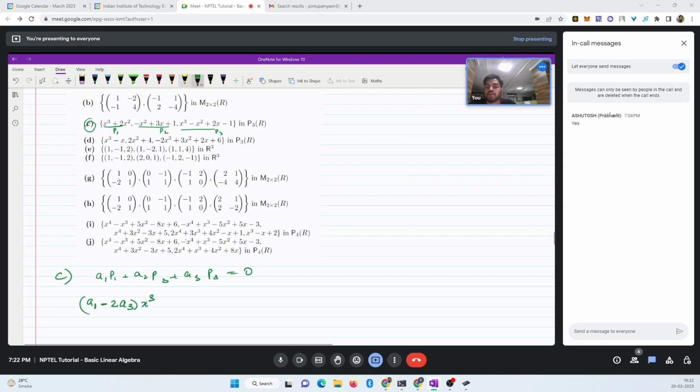I think I went to a different example. Sorry. So what we would get is a1. Then we have this x cube term in the third one, and we don't have any x cube in the second one. So a1 plus a3 times x cube, plus 2a1 minus a2 minus a3 times x square,